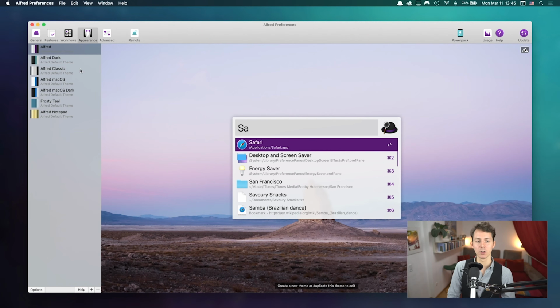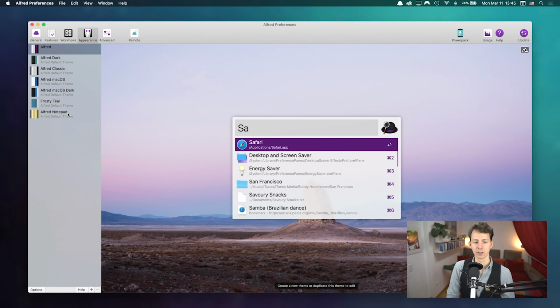So after we've talked about all the features, now let's make Alfred a little prettier. I personally prefer my designs very minimalistic and very nicely looking, and also in the dark theme, as you might have guessed based on the dark menu bar. As you see on the screen, you have a couple of choices here in terms of the design of the